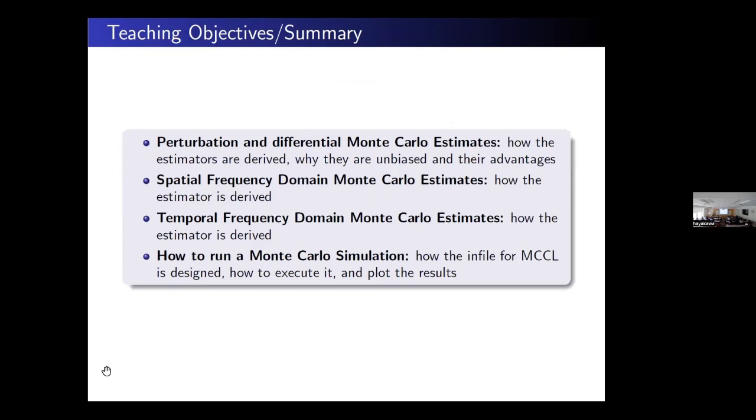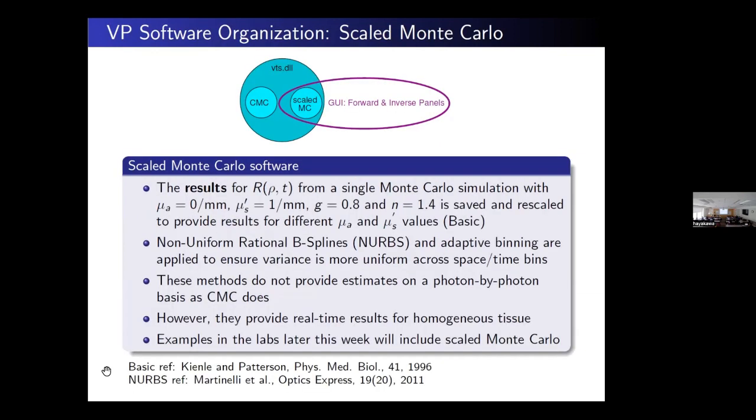Are you saying they changed the fundamental equations they're looking at, or are they looking at it from a different perspective? No, the difference is they ran the Monte Carlo exactly like I described. They didn't change the random walk process at all. What they did is they only captured detector information. So they got reflectance versus source detector separation and time, got the evaluation of that detector function, and then scaled that result.